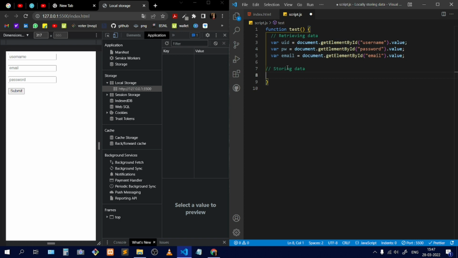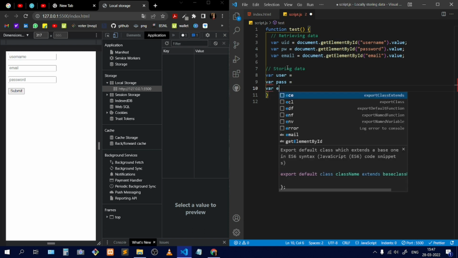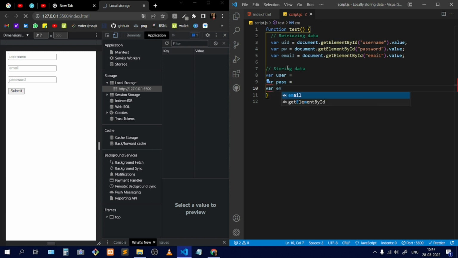So for storing the data, I'll create another 3 variables. That is, I'll write here as user, then I'll write pass for the password, and last is email. So I'll write only em for the email. Okay, and now to store data,